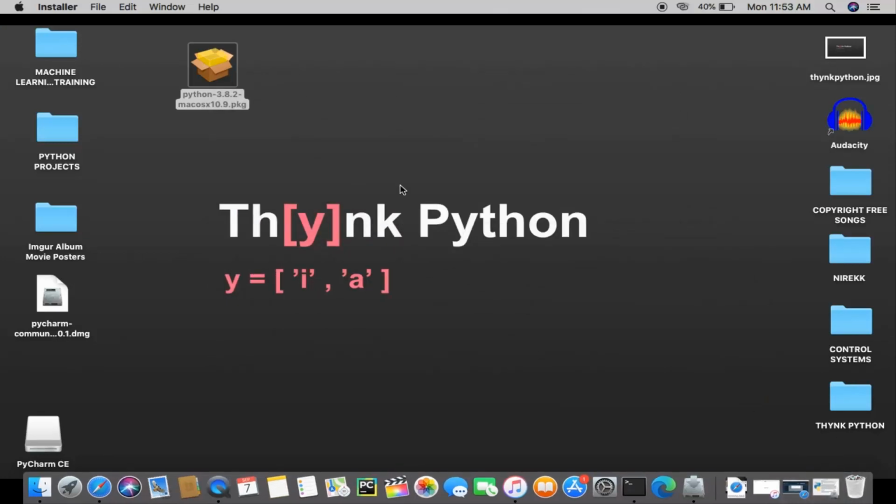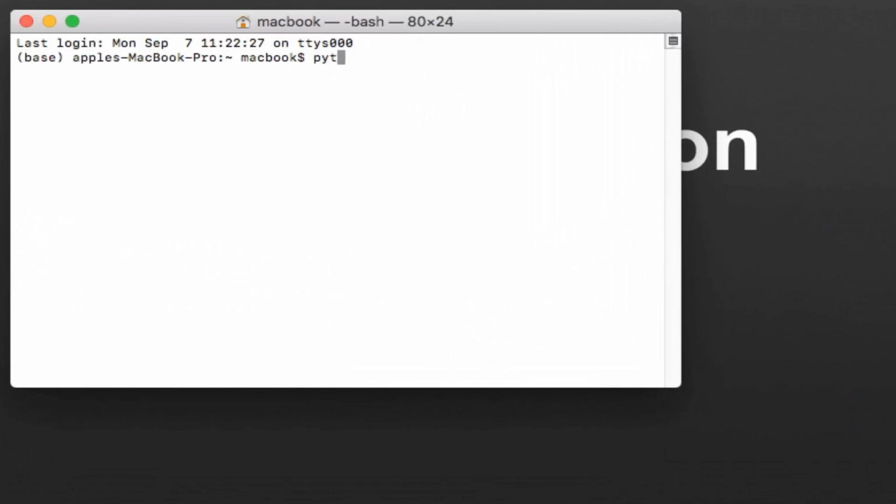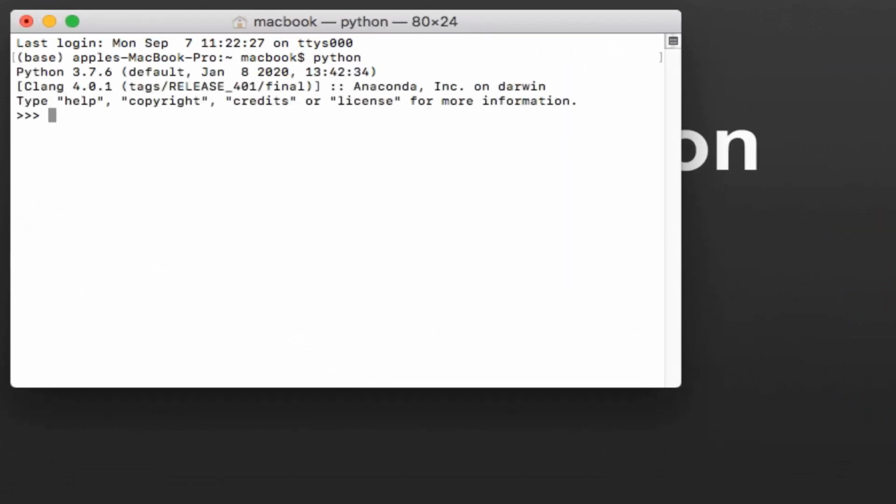After that, to start working, go to your terminal. Here simply type python, hit enter, and this will give you all the details of the Python which is installed on your machine. For mine, it shows version 3.7.6 and it is also giving me some default information as to when it was installed, at what time, and so on. When you see these three cursors, this is basically the command line where you can type all the commands and straight away start coding.